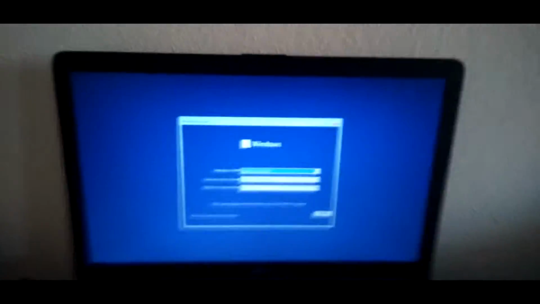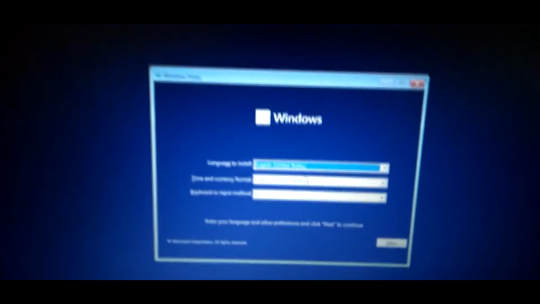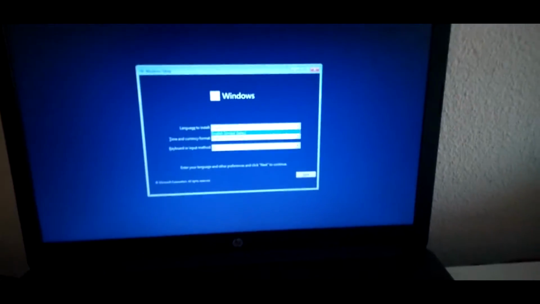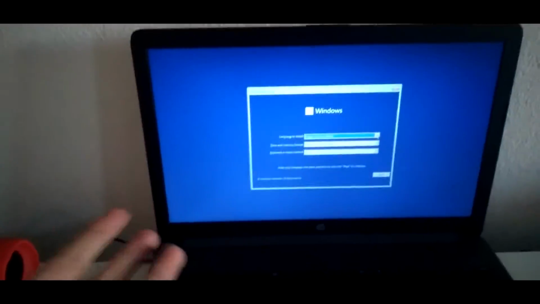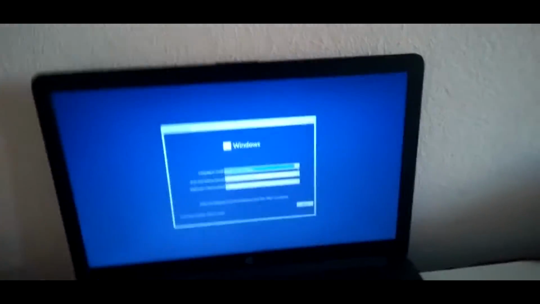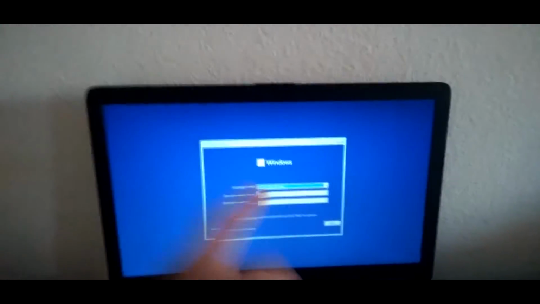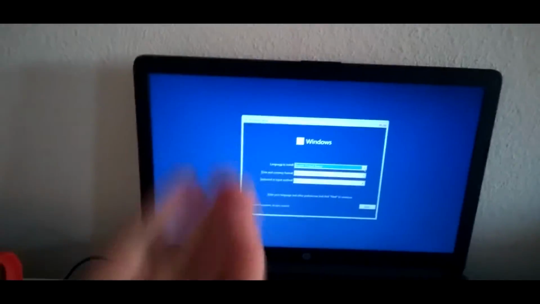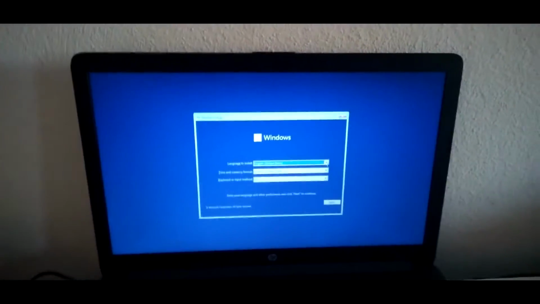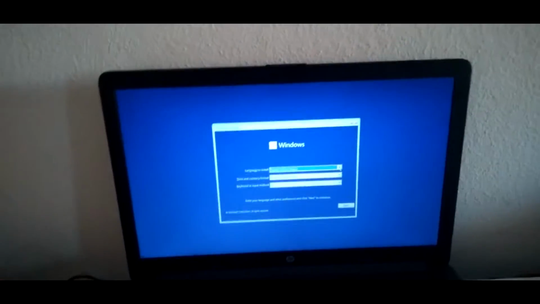Now that you're on the Windows setup screen, you have to select your language here and everything. Language to install, select your language. This will be specific. Again, go back to that part where it showed you how to actually download the ISO. Microsoft will ask you which language you want on the setup screen